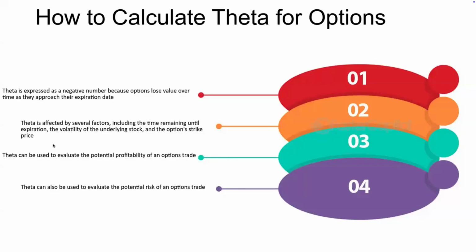Now, that can also be used to evaluate the potential risk of an option trade. This is your friend right here when you're doing options. First thing you need to understand is you need to identify where the market is at, which part of the market is going. So let's go right here. I see this company right now, it's coming down with a force.